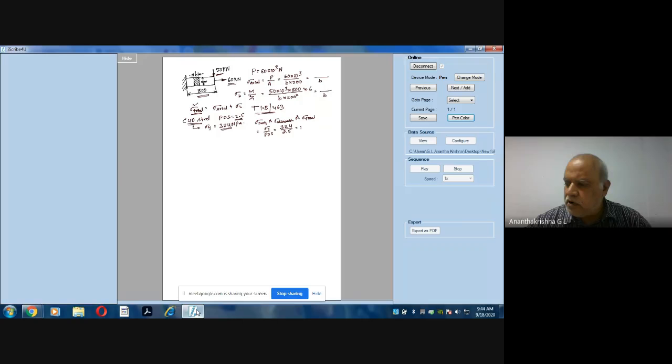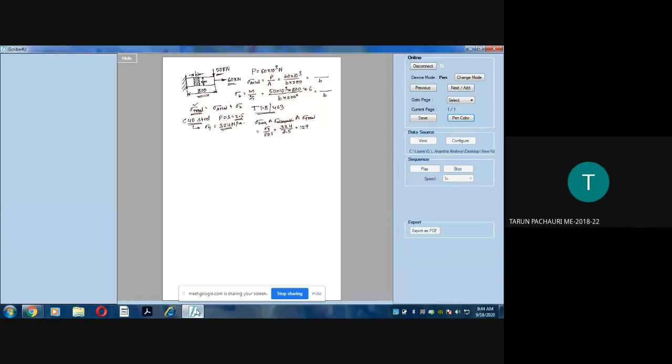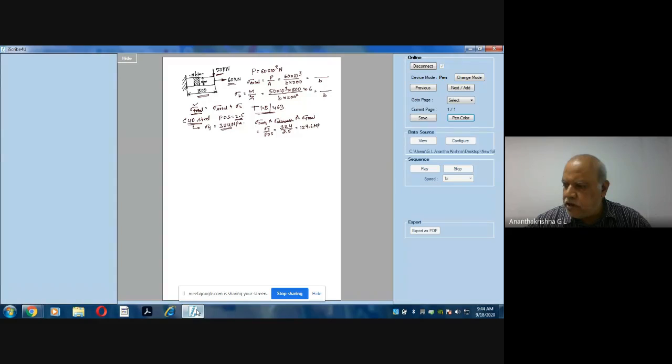129.6 megapascals. So that is my design stress. So I have selected the material. I have chosen the factor of safety. My design stress or total stress in the component should not exceed 129.6.